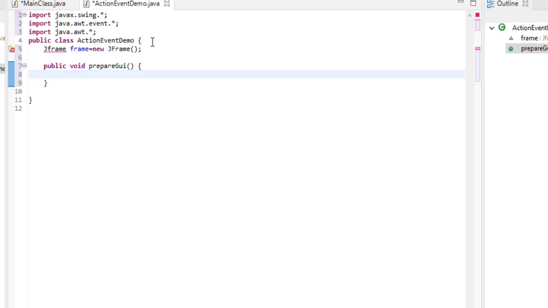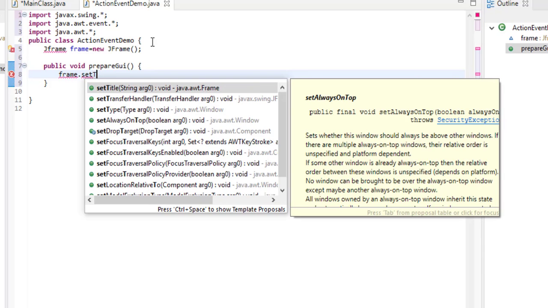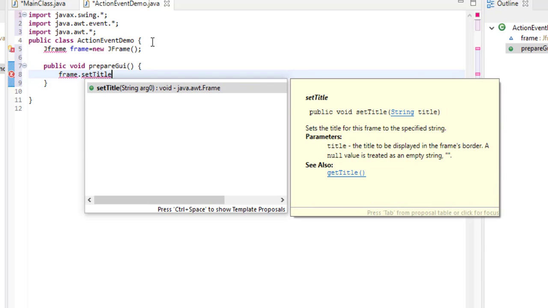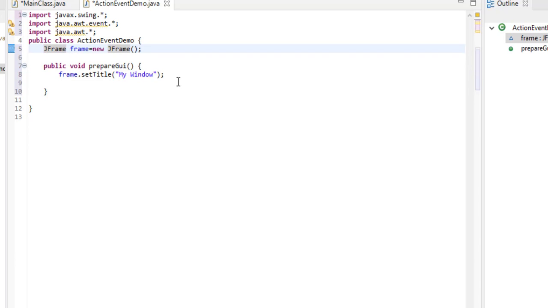Now we will set the title of the frame using the setTitle method, and let's give it the name My Window. Then we will set the layout manager of the window to null.